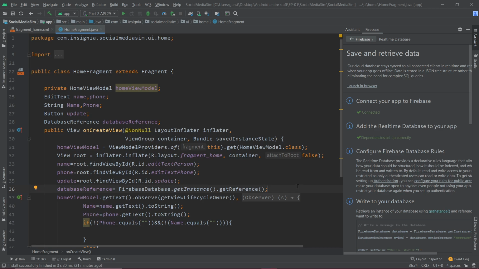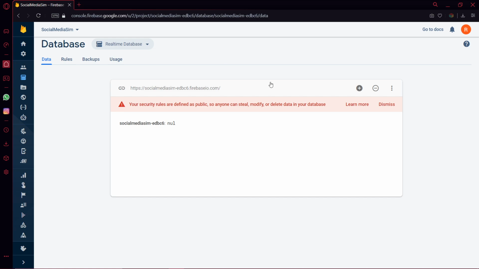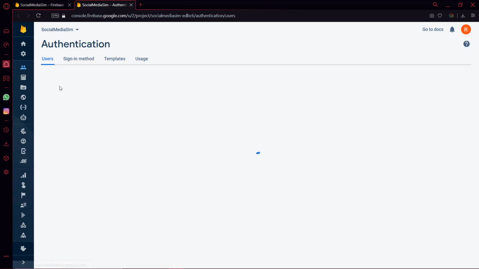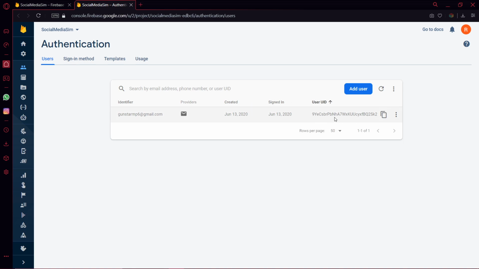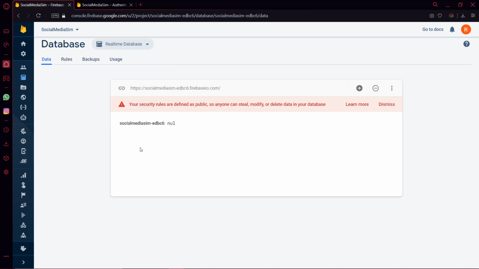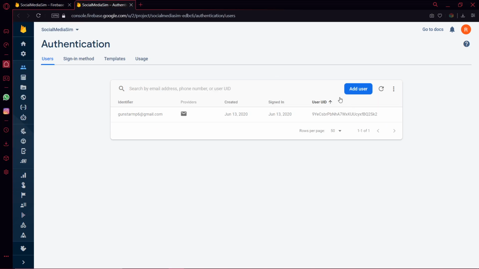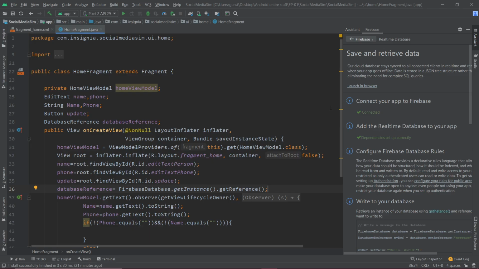Then we need to create a unique ID for each user. Now how can we generate a unique ID for each user? That is where our Firebase authentication part comes in. In the previous video, we talked a lot about Firebase authentication, and it basically gives me a unique identifier for each user that is being created in my application. So I can use that part in order to hold the data of each user in my application. So that is what I'm going to use. So I'm going to use this UID. So how do I get that UID?